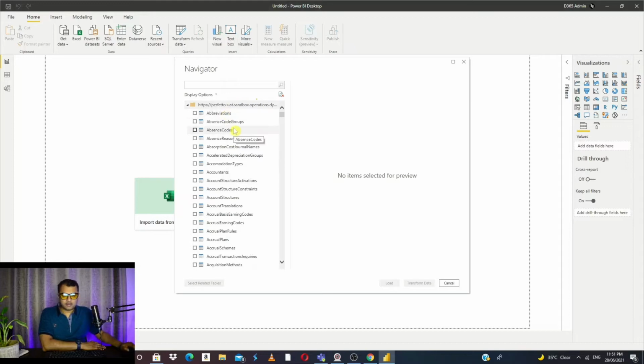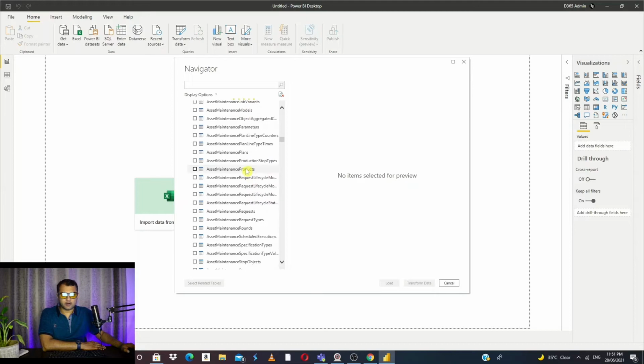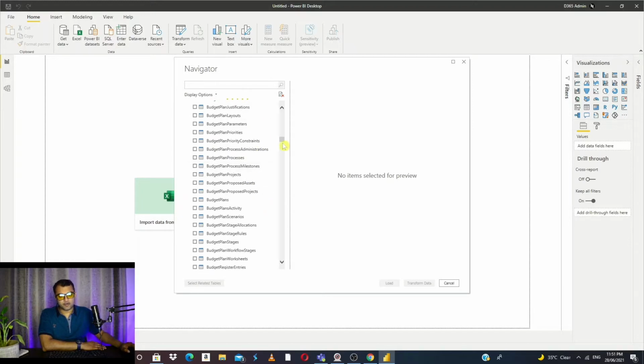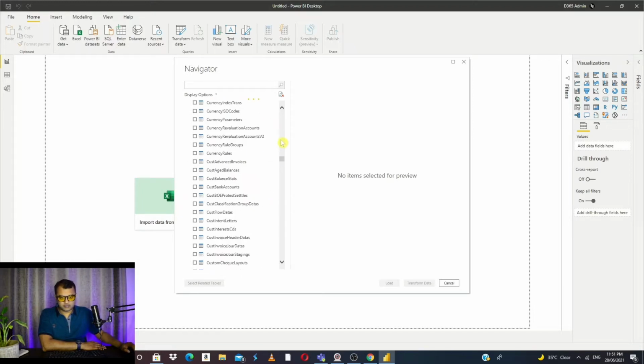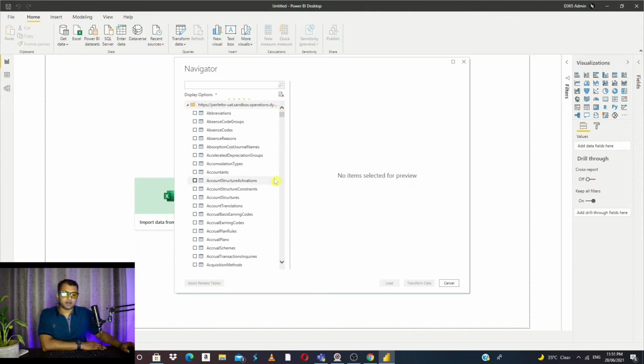You can see the connection was successful, and you can access all the tables available from Finance and Operations for our report creation. It's a huge list of tables which we can utilize for our report and dashboard creation.